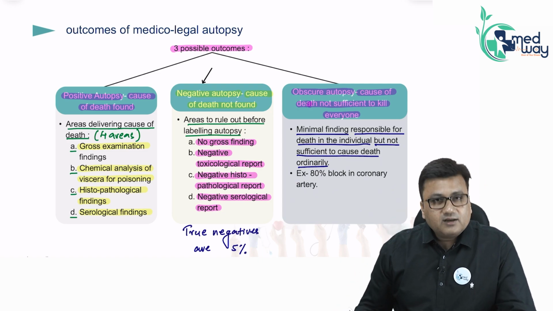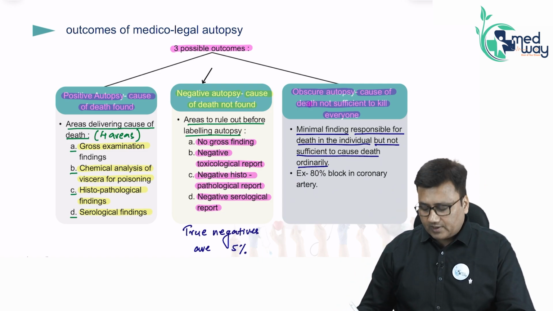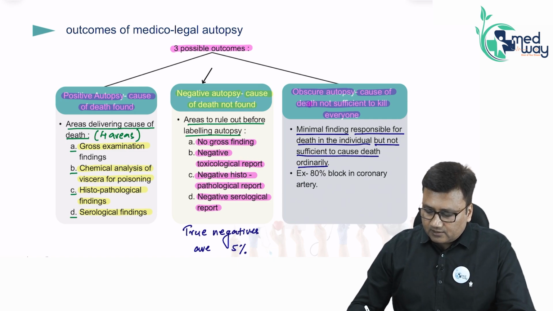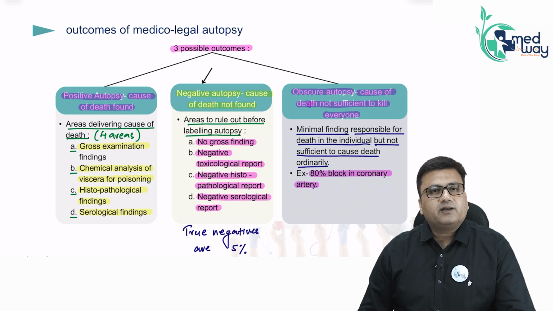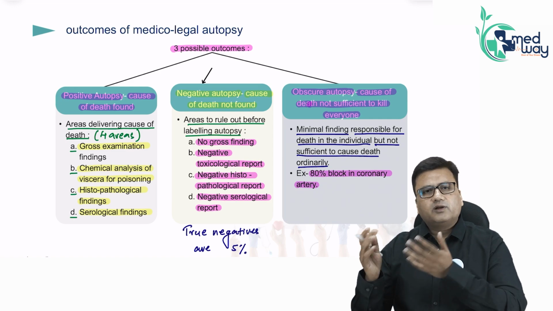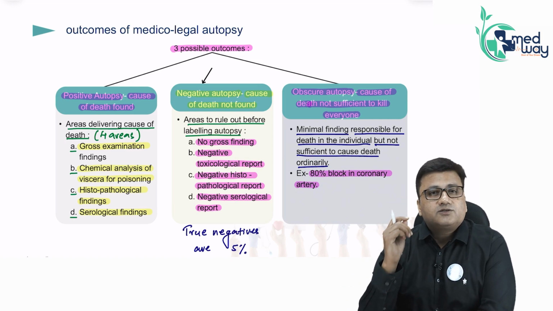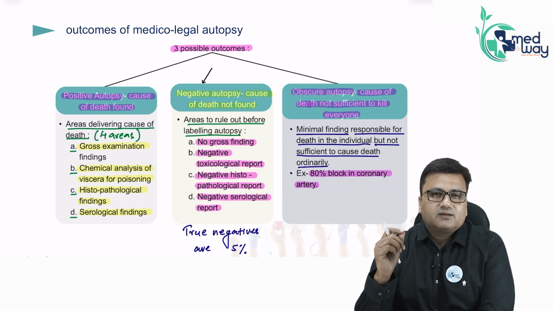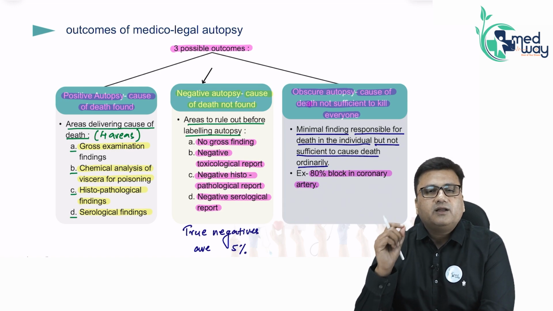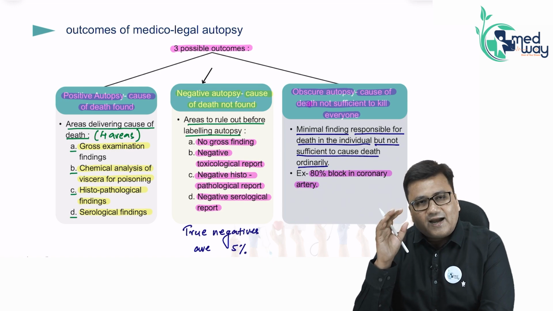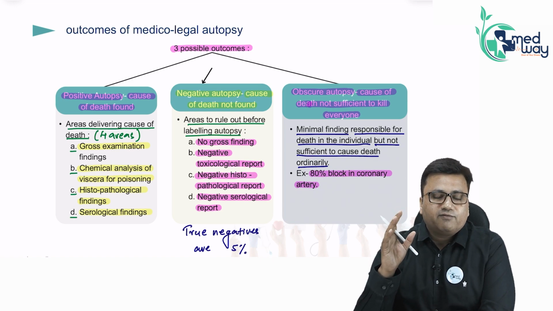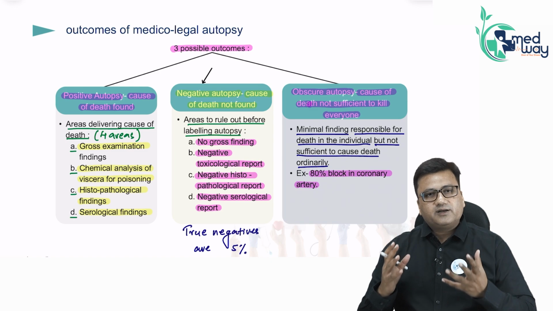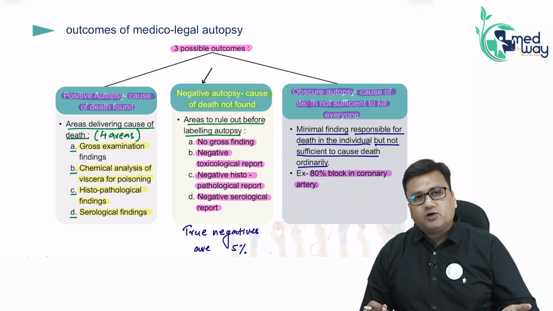But when we are dissecting the heart, we see that there is an 80% block in the coronary artery or one of the coronary arteries. Now, this could have been the reason for death in this particular individual, he might have died of myocardial infarction due to the coronary artery disease and subsequent blockage of the